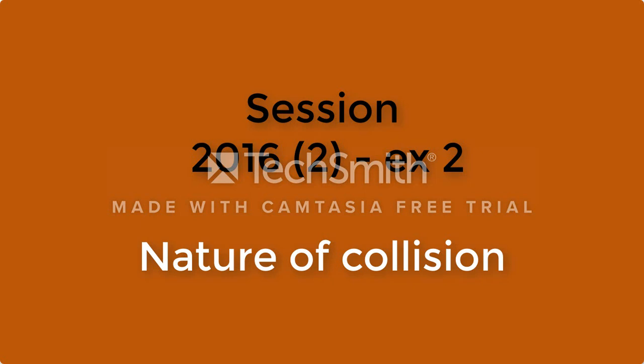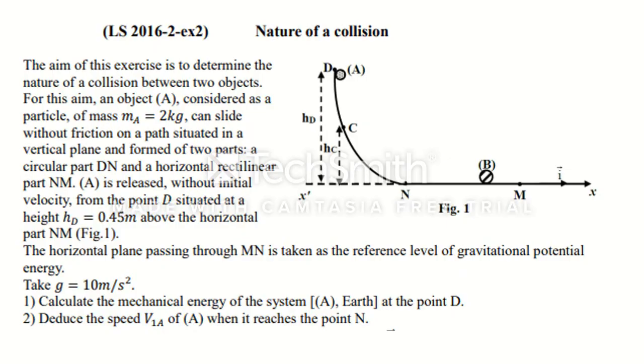Session 2016, number 2, exercise number 2, nature of collision. The aim of this exercise is to determine the nature of collision between two objects. For this aim, you have the object A, which is considered as a particle of mass ma equal to 2 kg and can slide without friction. This means that the mechanical energy is conserved, and on a vertical plane formed of two parts which are